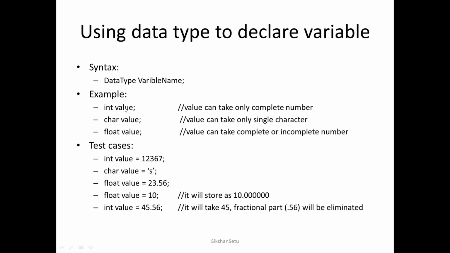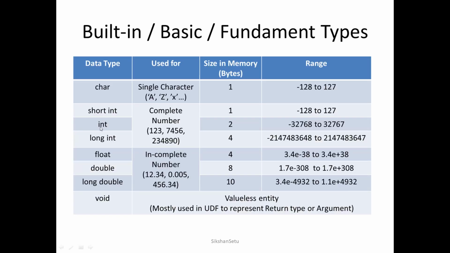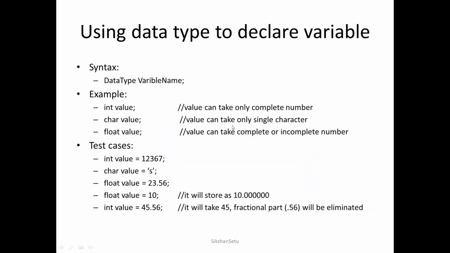The meaning is this variable value will occupy 2 bytes. Why 2 bytes? Because in this table you can see int will take 2 bytes. Since this value variable is of integer type, it will occupy 2 bytes and